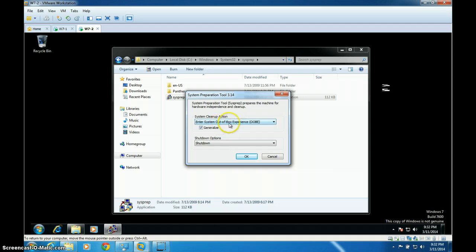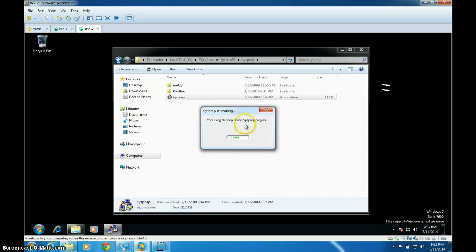So once we set this up, out-of-box experience, generalize and shutdown, we hit OK, and then it will take its time. It will clean up the entire system, and it will make it as if it were a brand new Windows installation, ready to be installed. It also, by the way, will remove drivers and machine-specific software, because this image is supposed to be able to install on any machine anywhere. Even if you're using this for installing across all of the same machines, like maybe you have 13 Dells that are all exactly the same, you still want to generalize, you still want to wipe all of that, because individual machines have individual